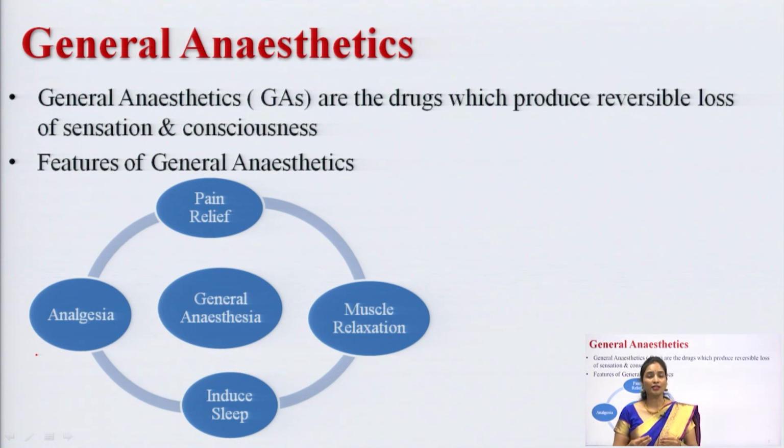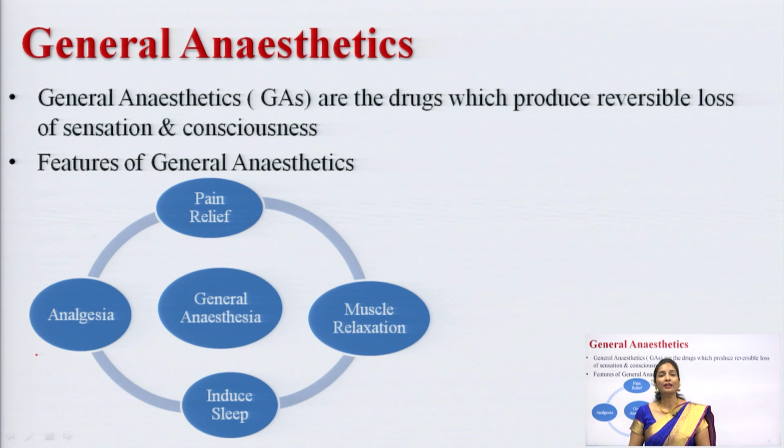If you are applying the anesthesia on a particular part of your body, then you can call it a local anesthetic. So, it will show its action on a particular area. So, what about a general anesthetic? A general anesthetic is a drug which will show its action in a wide range in your body. Once you have administered the general anesthetic drug, it will cause a reversible loss of sensation, not an irreversible one. And once the anesthesia has been eliminated from the body, your consciousness will get back, right.